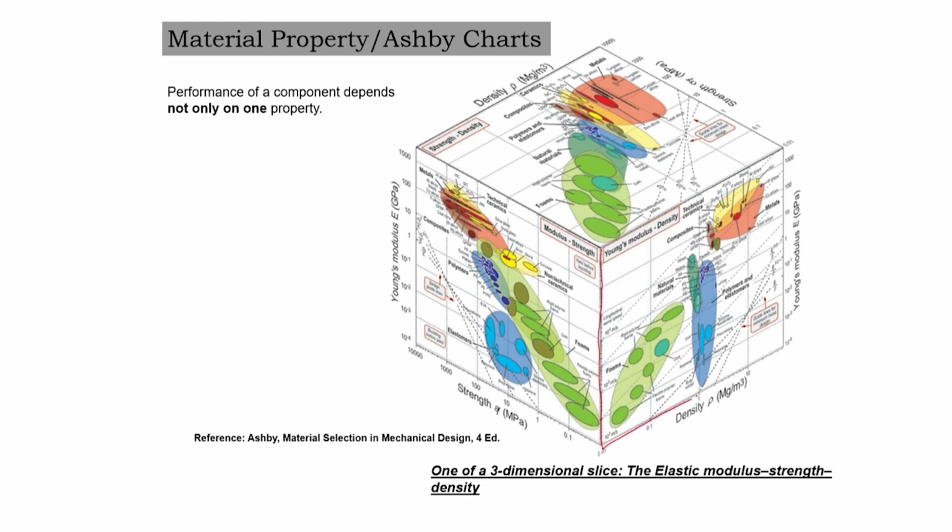I have only shown you here the third part of it, that is E versus density, and with E to the power 1/3 over rho, which will be some kind of a slope on this line. You should be able to see what are the materials in which you get a low density, on the other hand you get a high modulus, and you will see composite is always one group, and some parts of the metallic alloys also work